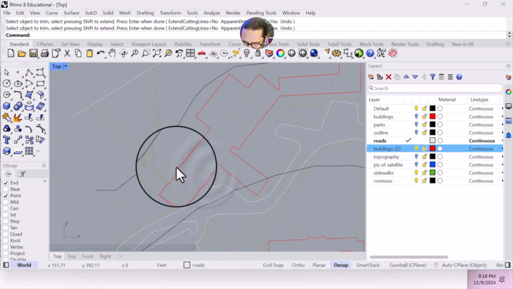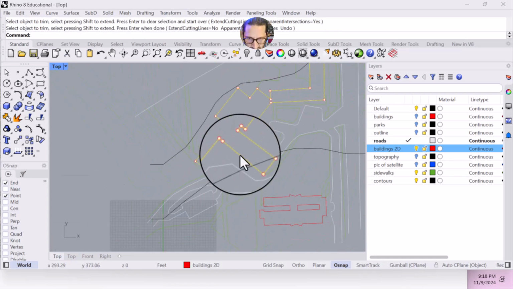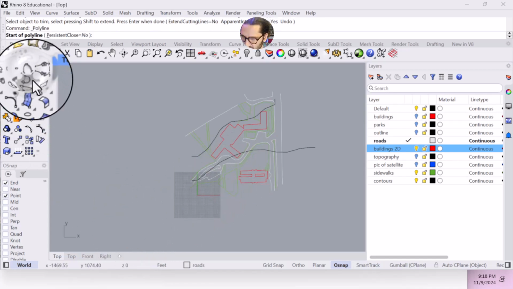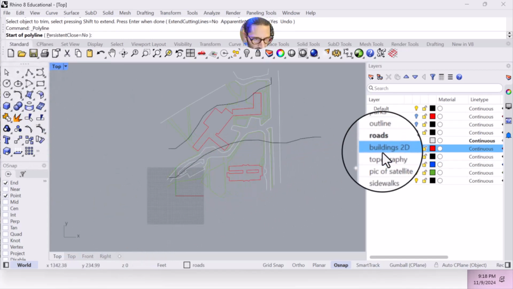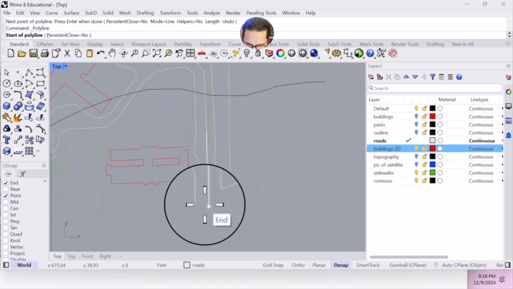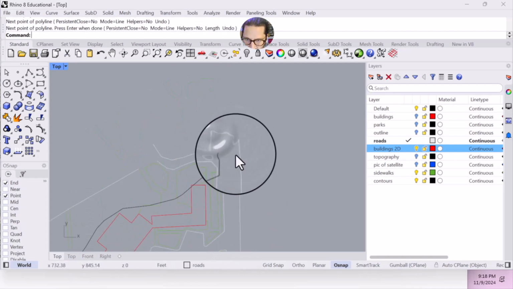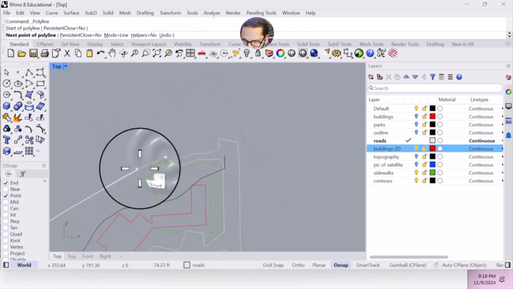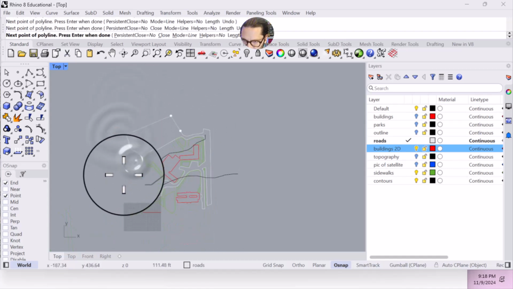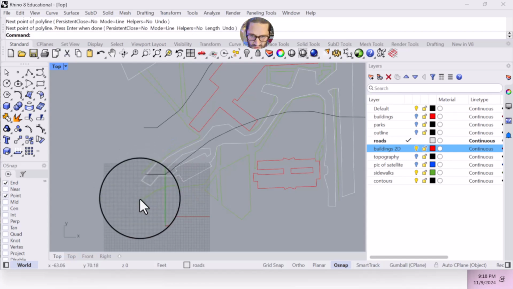I basically just want to close off all these loops because I want to do some hatch. So I'm in the roads and I'm just going to cut it off there. If it turns out that I need more roads on the page, then I'll deal with it then based off the scale of